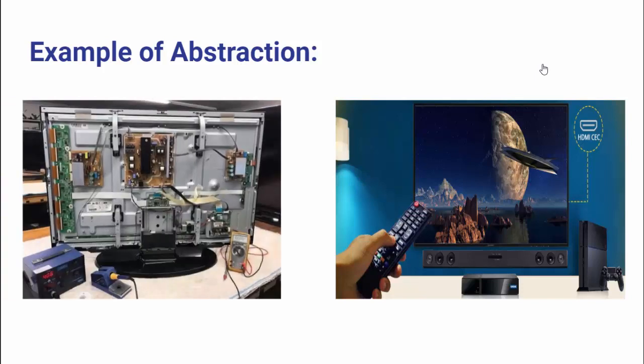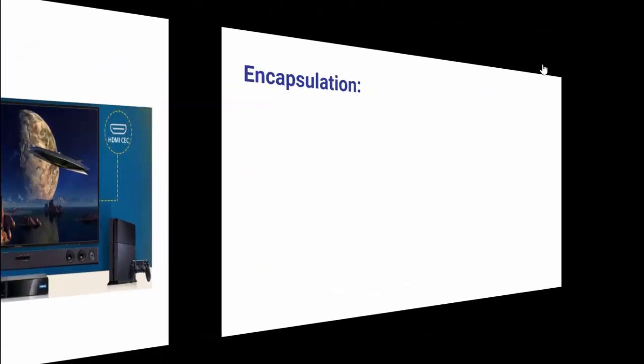But if we look at the whole procedure or action that took place at the backend, then we'll see that this smart TV will have a motherboard. Whenever we press any key, it will catch the signals and it will do some action at the backend. But because we are using the concept of abstraction there, we don't need to care about what is going on at the backend. We just need to press one key and the channel will be changed. This is called abstraction, to provide only the required information to the user so it can do everything easily. So this is abstraction.